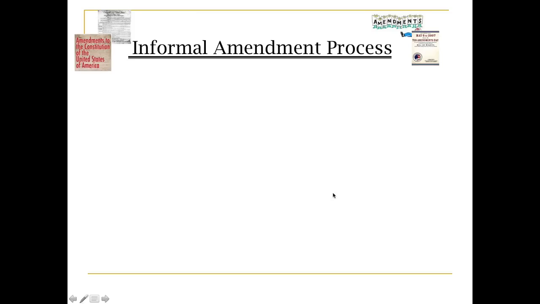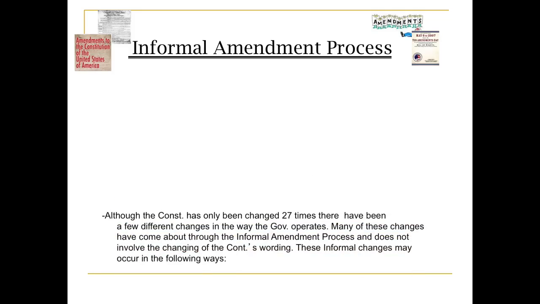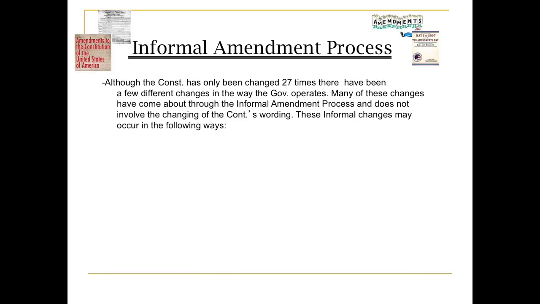Now, we also informally can amend the Constitution. This is where we just change how the Constitution is read or interpreted or understood, but there's no formal amendment to it. It just kind of happens. So as you see, we've amended it 27 times. But we've done several since then where we just change the meaning of the Constitution without writing it in there. And these are easy to remember. There's 4 methods. You'll probably only remember 3, and you'll only be asked to remember no more than 3.